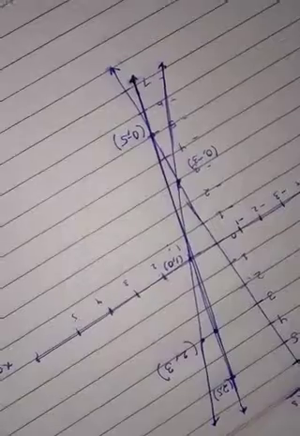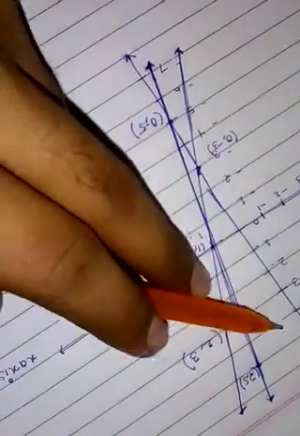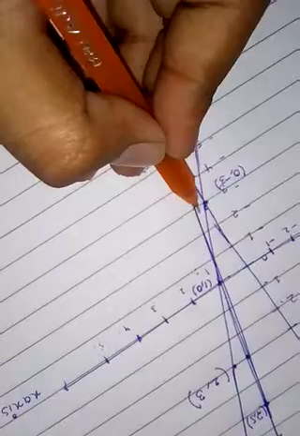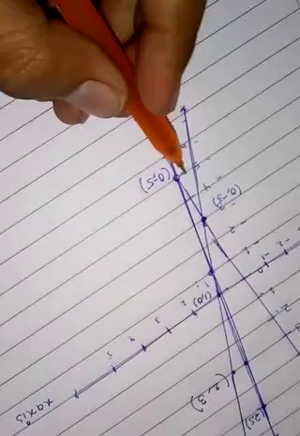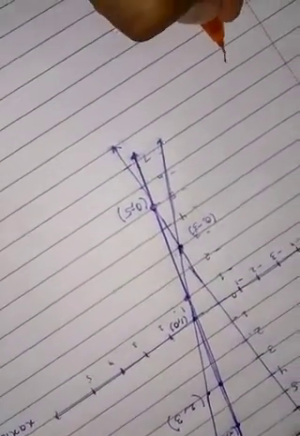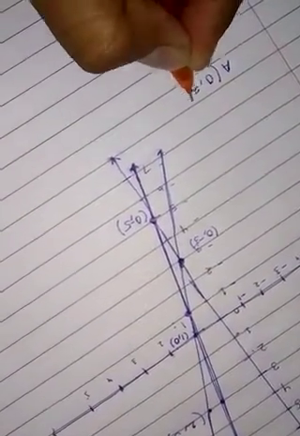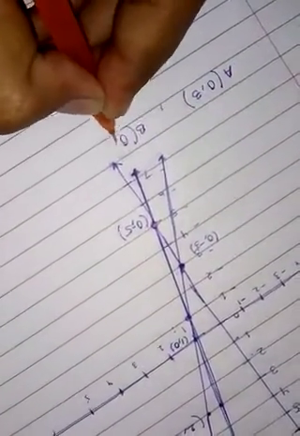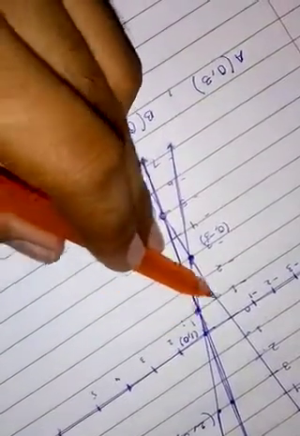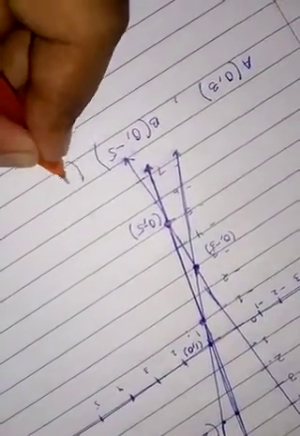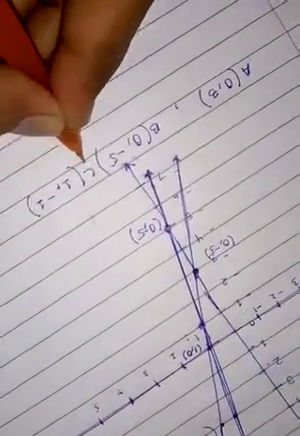So these two are the lines, and here the triangle is not forming, but here the triangle is forming with the first, second and third points. So the 3 coordinates of the triangle are 0, -3, 0, -5, and the third is 1, 0. So these are the 3 coordinates of the triangle formed by these two equations. Thank you.